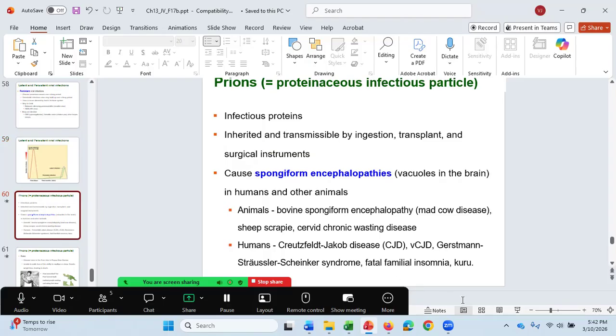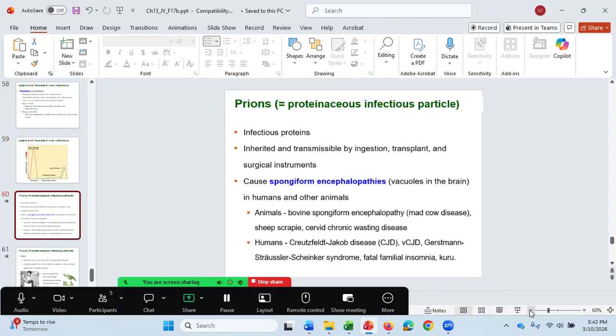All right, let's talk about prions. Prions is a term for proteinaceous infectious particle, where the disease is caused by an infectious protein. There is no genome in a prion. Prions can be inherited and they can be transmissible by ingestion, transplant, surgical instruments, and it's thought that they may